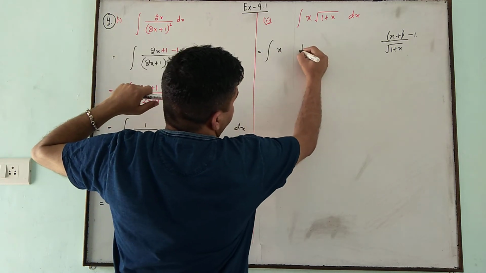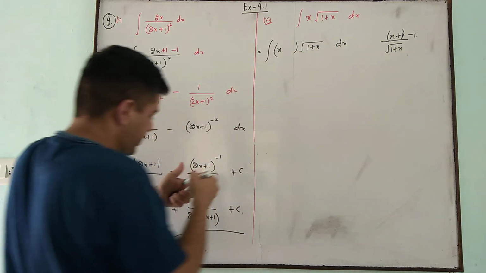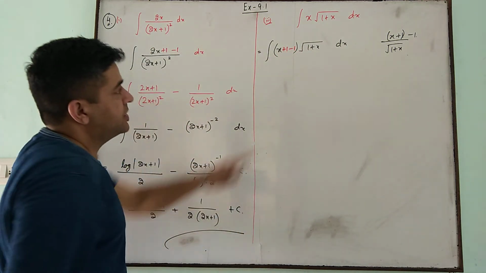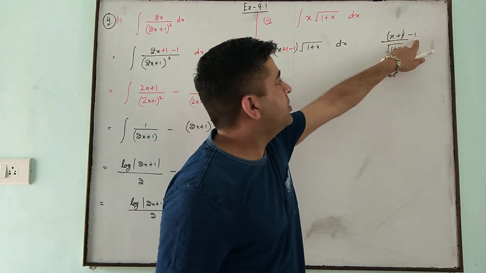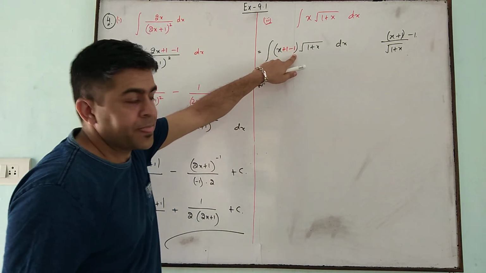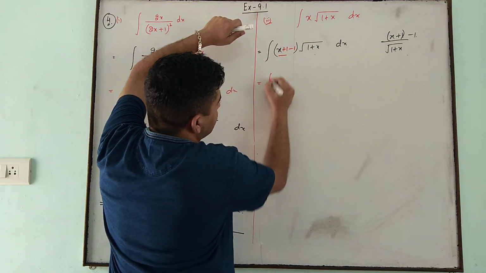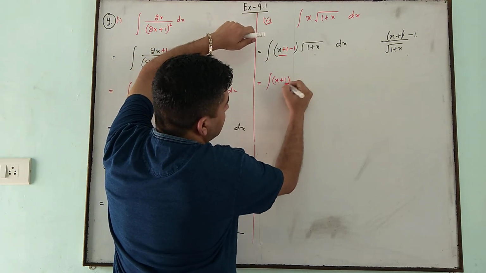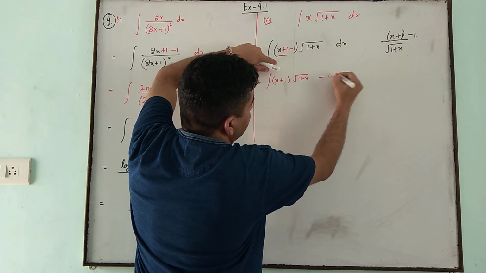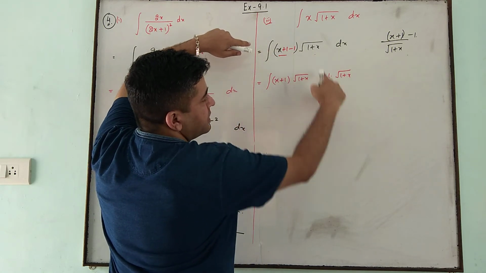Question is x under root of 1 plus x dx. Then what we can do is just add 1 and subtract 1 in x only, that is like in numerator. So here it is in multiplication, so in x only add 1 and subtract 1. Now multiply this x plus 1 with this, x plus 1 with this, and multiply this minus 1 with this. This into this, minus 1 into this.